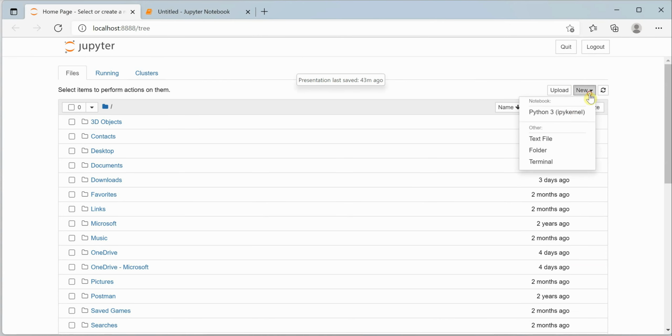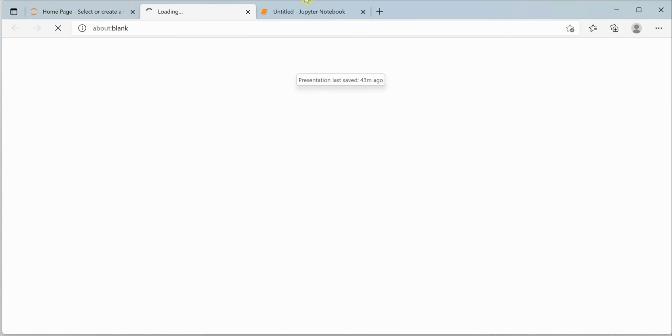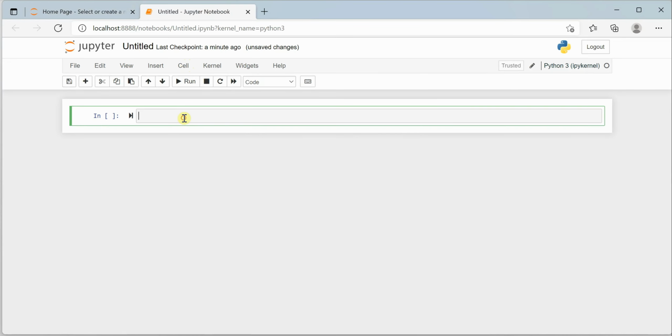I'm on my Jupyter notebook. Okay, so let's take a very basic example. Let's say we are creating a calculator which is going to perform addition and multiplication and maybe many more operations. So how can we do that? One way of doing this is we can define a function.